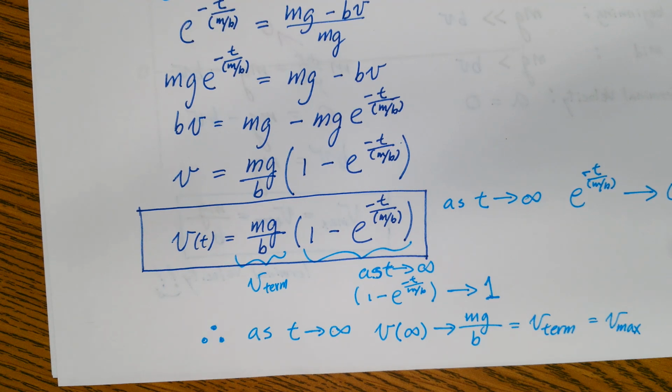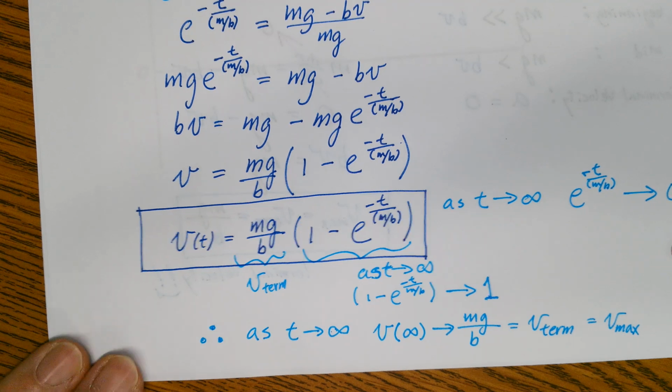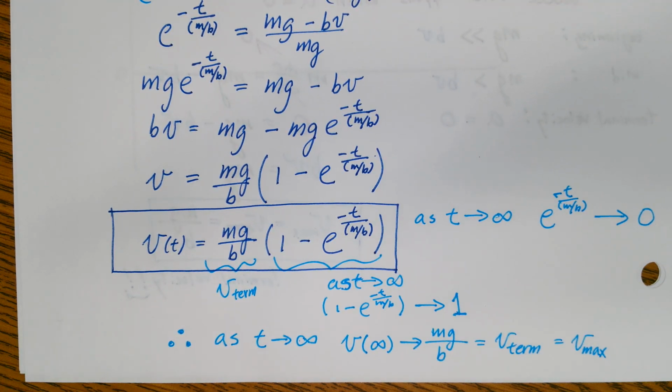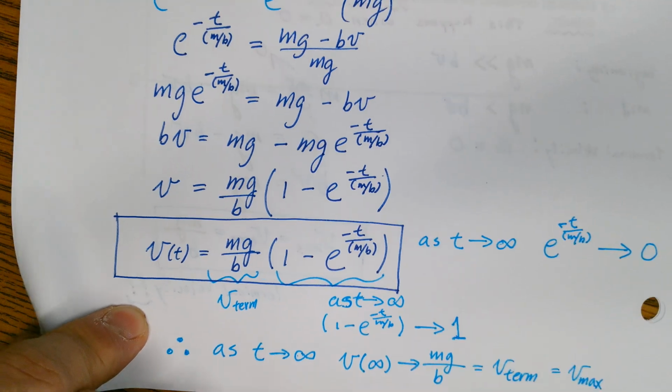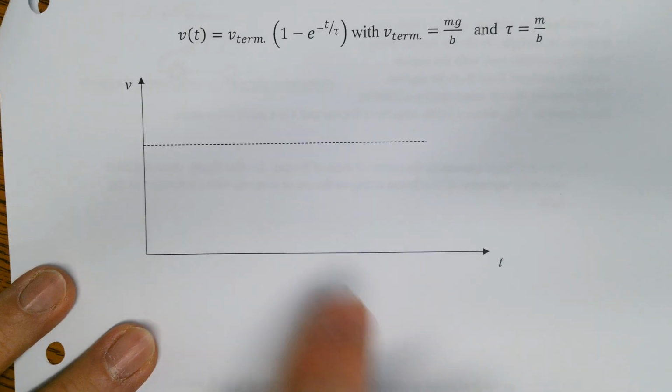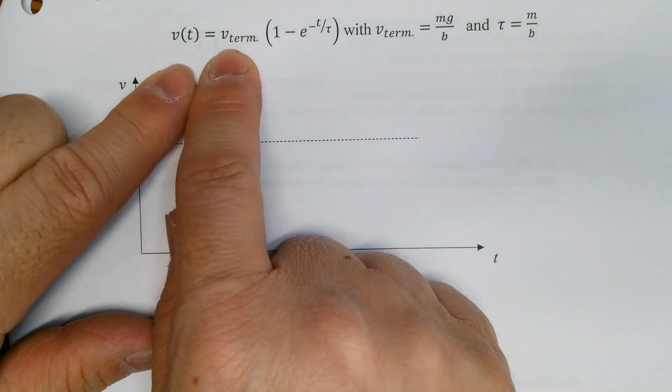Next, part E. Well, let's graph this. You're like, no, are you kidding me, Mr. Kim? Yeah, I'm not kidding. It's not that hard. So when we graph this thing, we know this